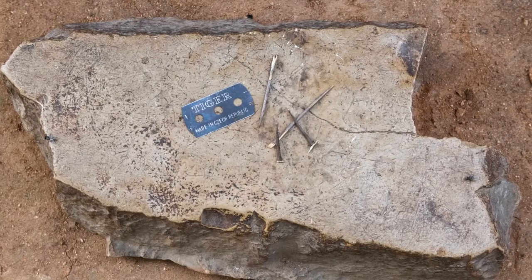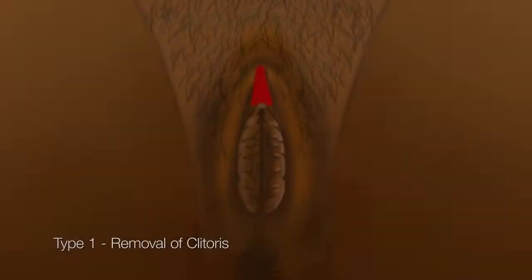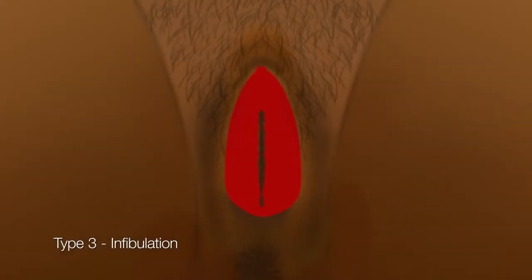When we talk about circumcision, there are usually 3, sometimes 4 types. In the first type, there is partial or whole removal of the clitoris. In the second type, you have partial or complete removal of the clitoris, including the inner labia. In the third type, known as infibulation, you have partial or whole removal of the clitoris, the inner labia, and